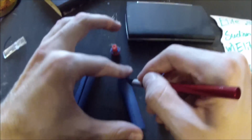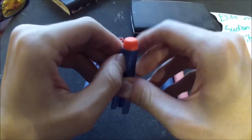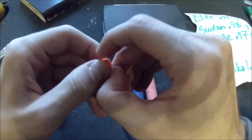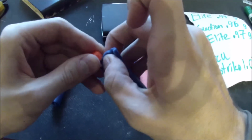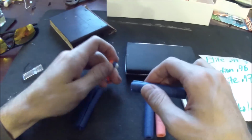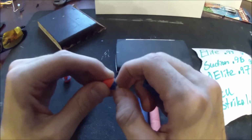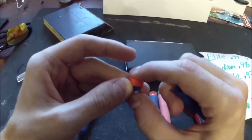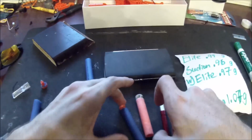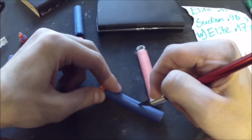Now this is a regular Elite dart. I'm going to set the foam for this one aside on purpose because I want to check something within reason. So you can see that the glue is very good on the Elite dart because it wouldn't come off, but it's got kind of a hard rubbery plastic tip inside there, and then the compressible rubber tip at the very top. So we'll set that aside, but that goes there, and then this is the inside of an Elite suction cup,